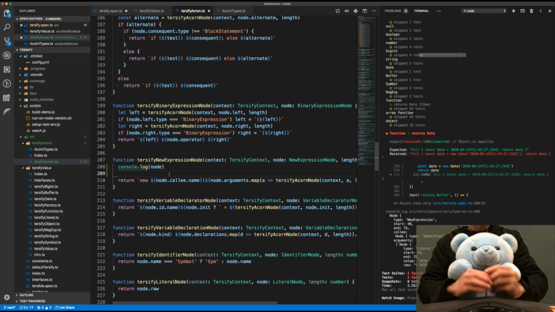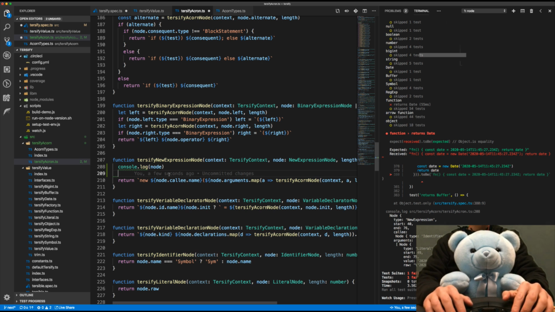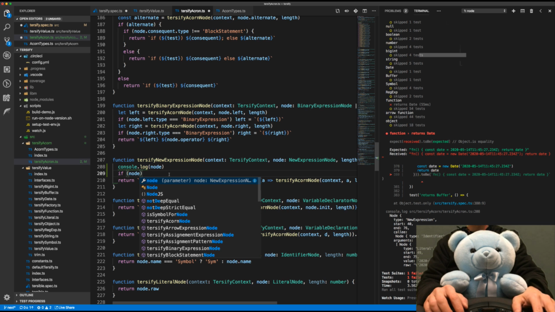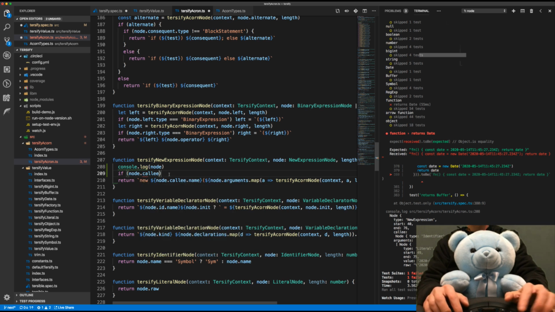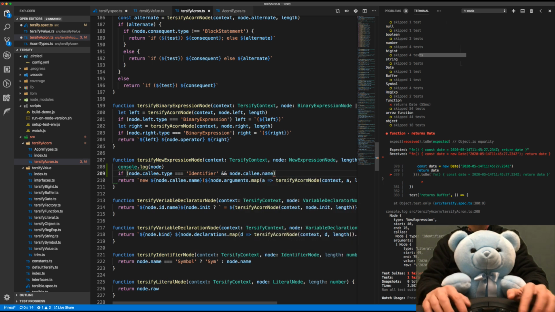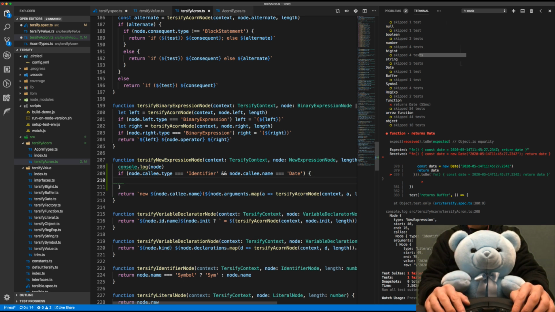So basically, I am doing a specific check. Let's say if node is new, I want to just put it to be safe. Say it is an identifier, and it's okay. Name equals to Date. Then